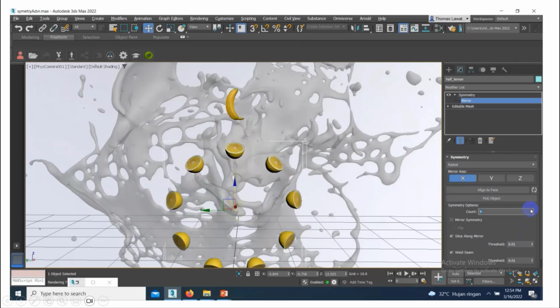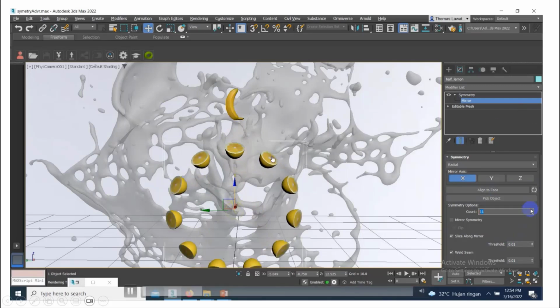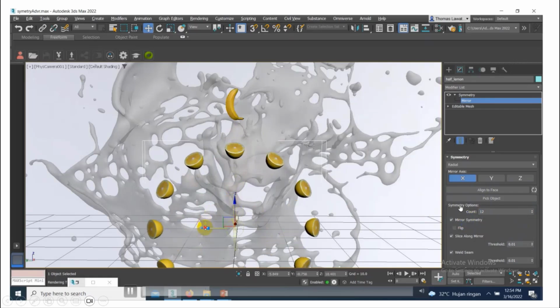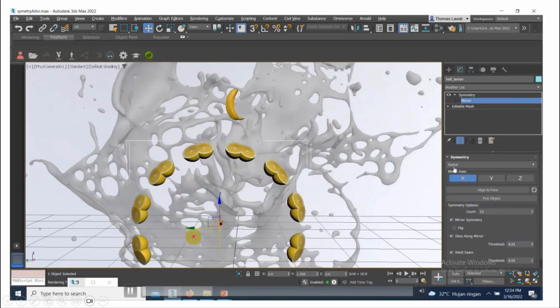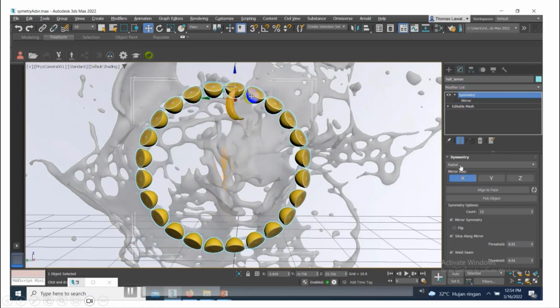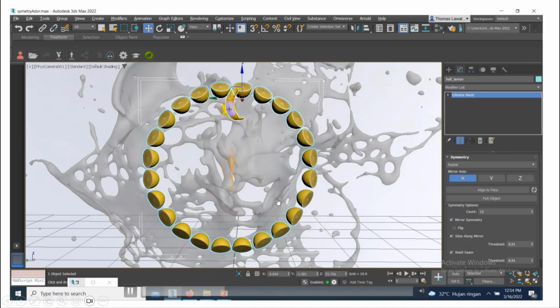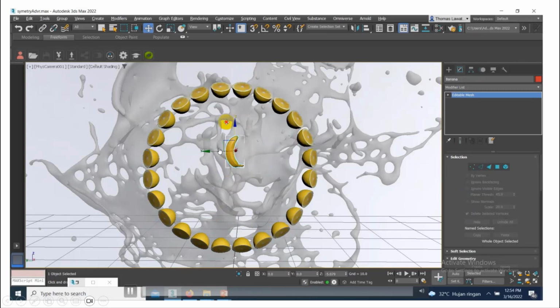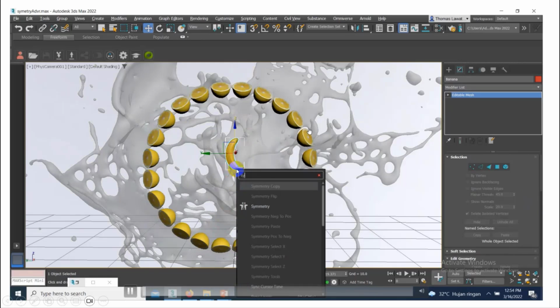You can go to the symmetry and pick the object, so you can create the symmetry options. You can even mirror symmetry, not only radial, because there are options. Previously symmetry was only one, but right now they put in some radial. That's why it's easy. Let's say I want to create something like a brochure regarding the products. It's more easy right now.